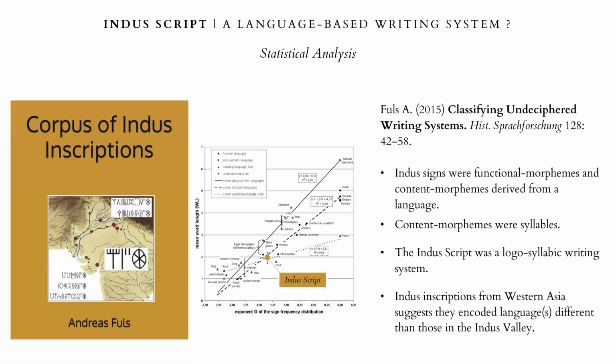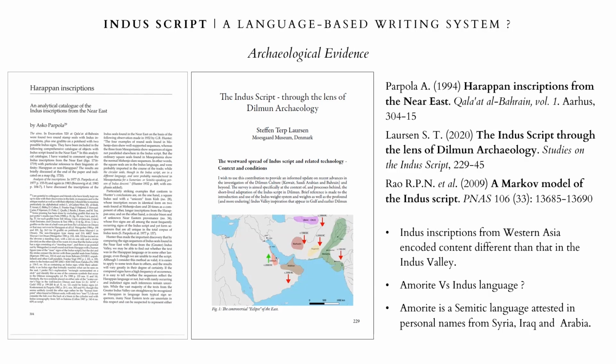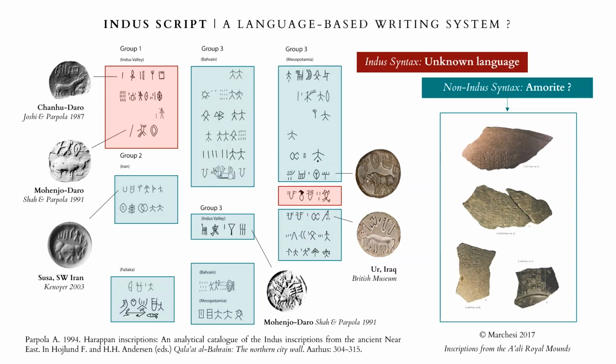The adaptive use of the Indus script across diverse geographic and cultural contexts seems to strongly indicate its function as a language-based writing system, rather than a symbolic or purely emblematic code. Indus inscriptions on locally produced stamp seals found in Bahrain and southern Mesopotamia frequently exhibit non-canonical sign sequences that diverge from those recorded from the core Indus Valley corpus. In particular, this evidence may reflect the adaptation of the Indus script to encode names and lexical elements in Amorite, a West Semitic language attested throughout southern Mesopotamia and the Gulf during the late 3rd and early 2nd millennia BC.